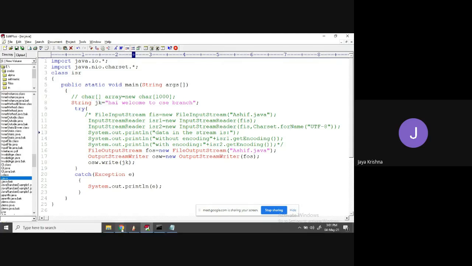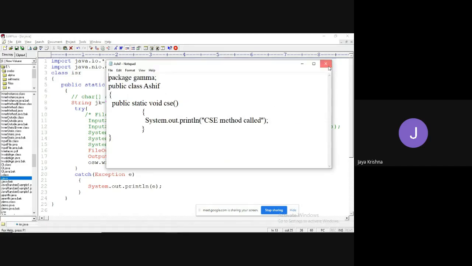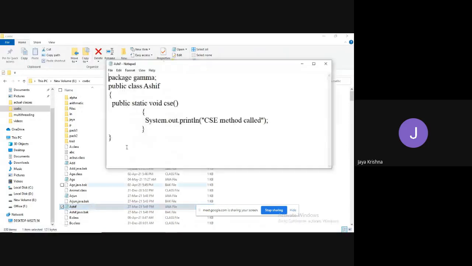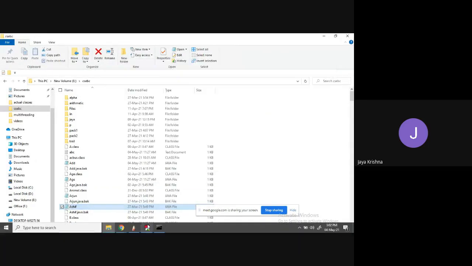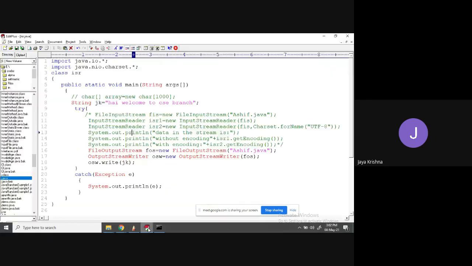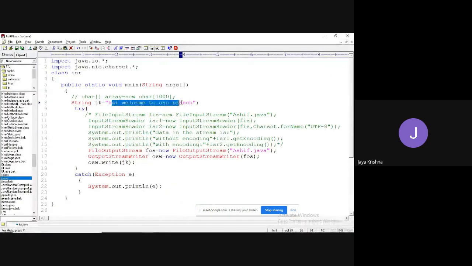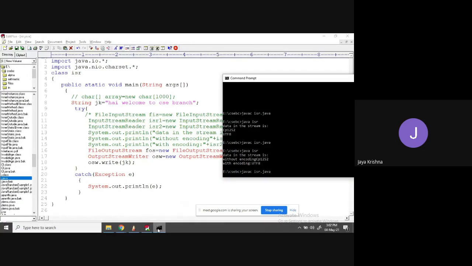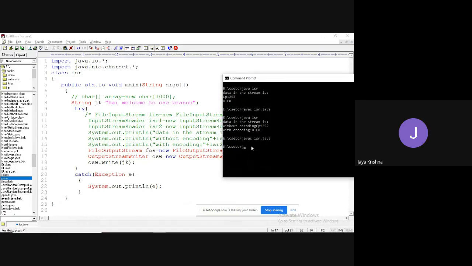See, observe. The archive file contains the data like this. Now what I'm going to do is override this data with "Hi, welcome to CSE branch." Let us check. ISR.java. Okay, successfully compiled.